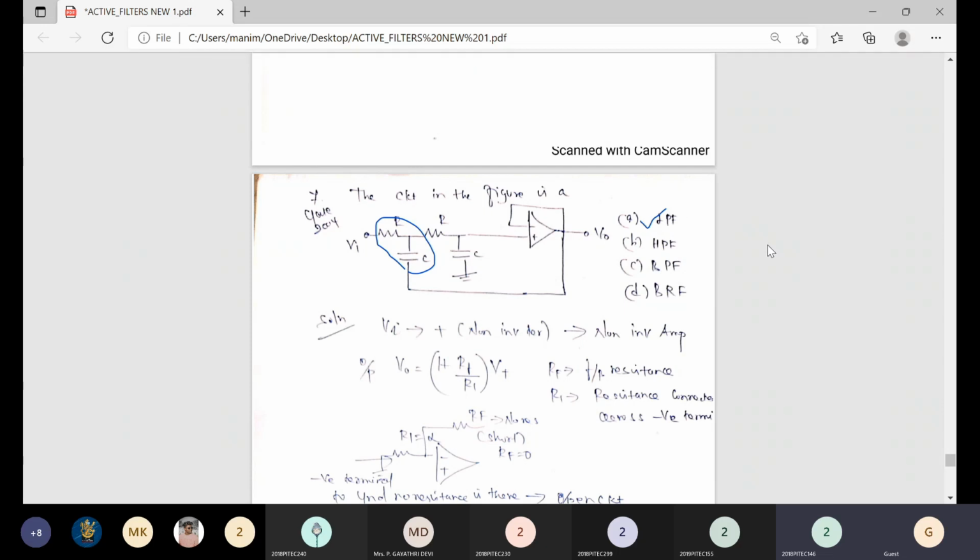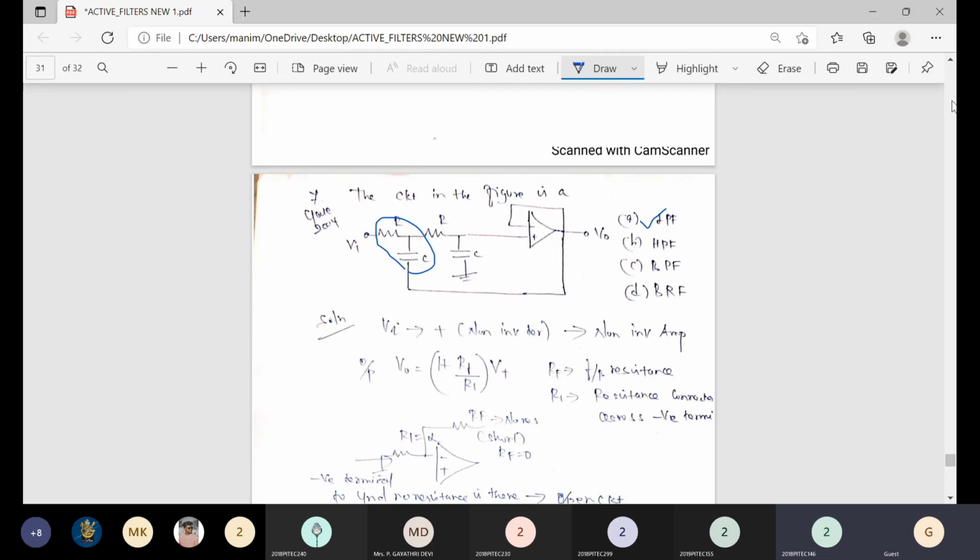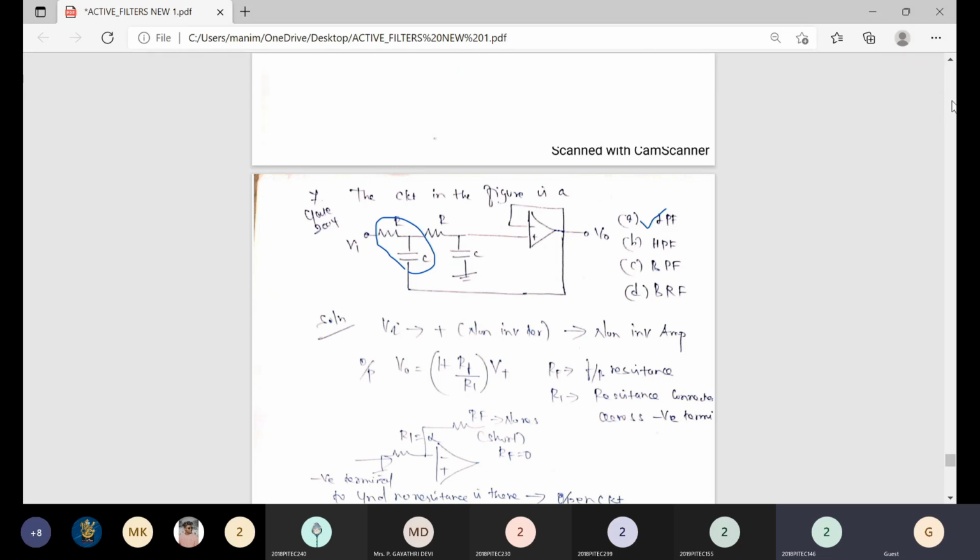In this class, we have discussed what a passive filter is, that is, what a filter is. You should know the filter; just remember that we all studied it in the fourth semester. That is the introduction about filters. Then why do we go for active filters when we have passive filters? What is the major difference between passive and active filters, and what is the advantage of the active filter? Then we discuss some GATE questions related to this topic.